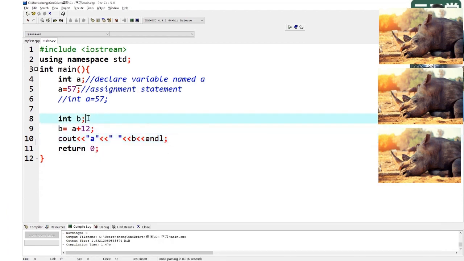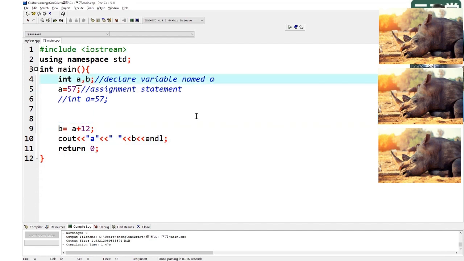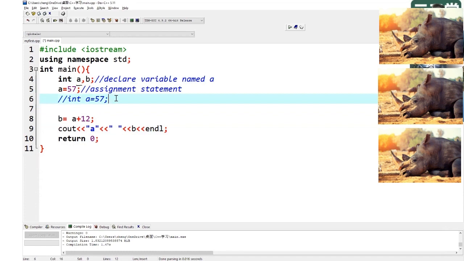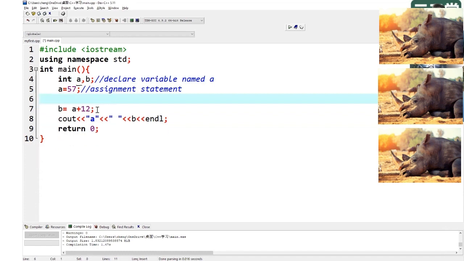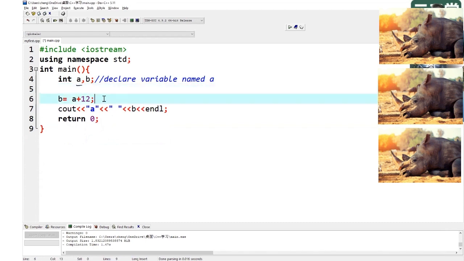Okay. So here also this b, we can do that. We can do like this, okay? Use this comma because I want to declare two variables. Both are int, so int a, b, like this, right? I can do this. But remember, if I do this,